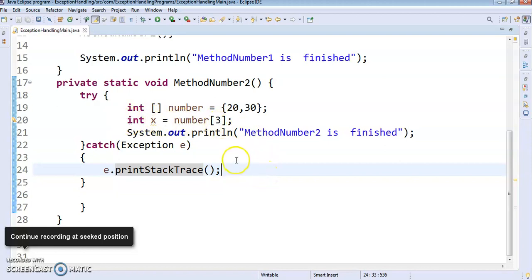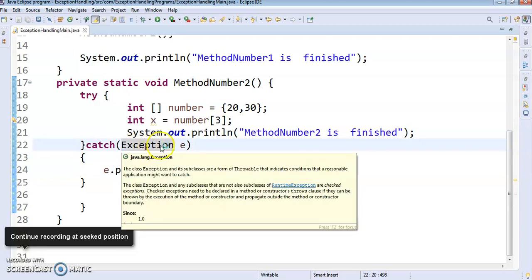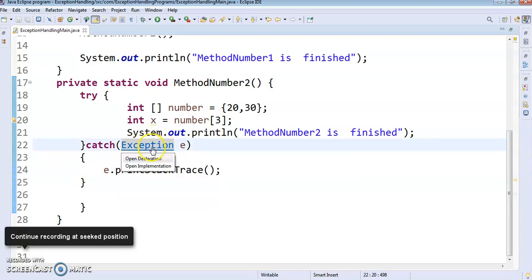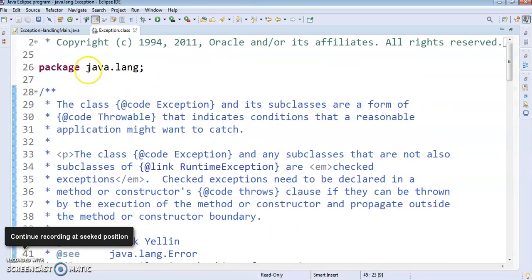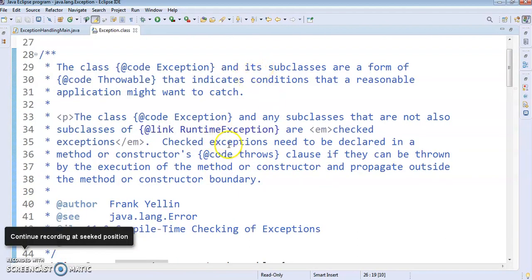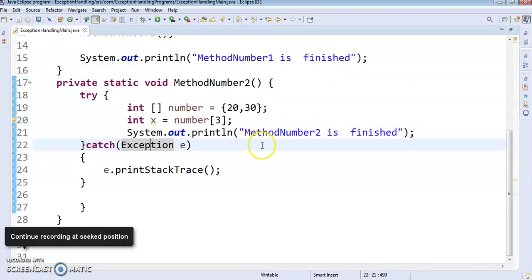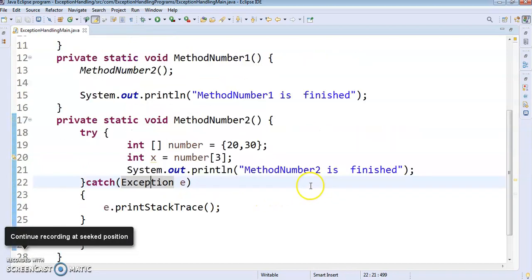Okay, now this Exception is itself a class. To check that you can press Ctrl and click on this. See, this is present in the java.lang package. This Exception is a superclass of all the exceptions that we will see in the coming videos.